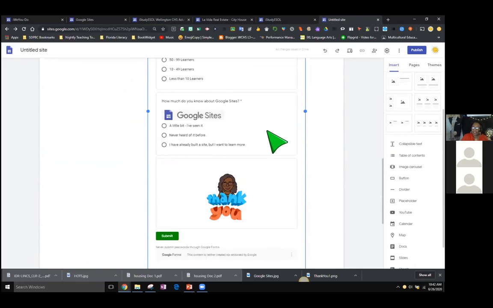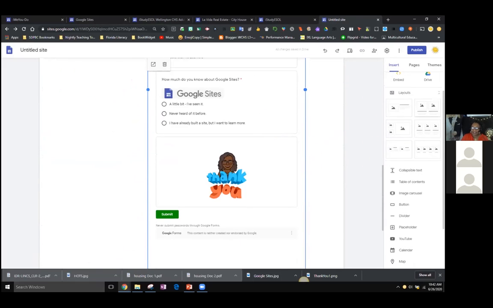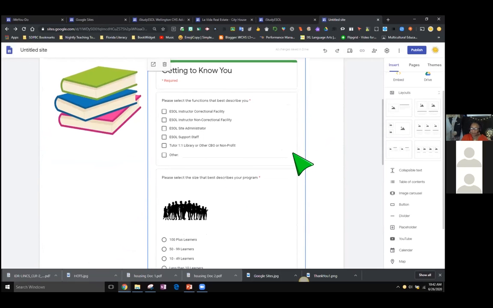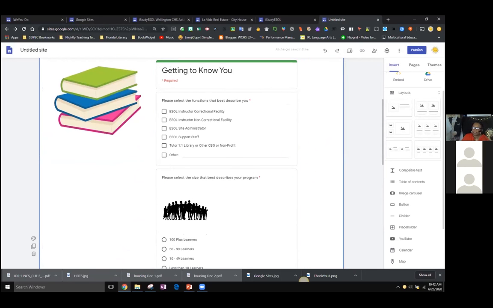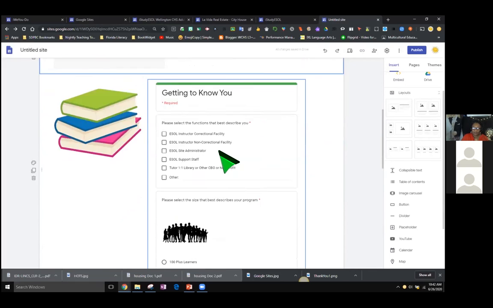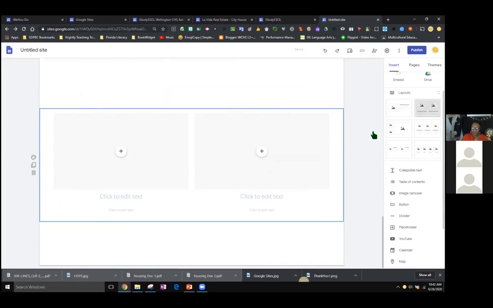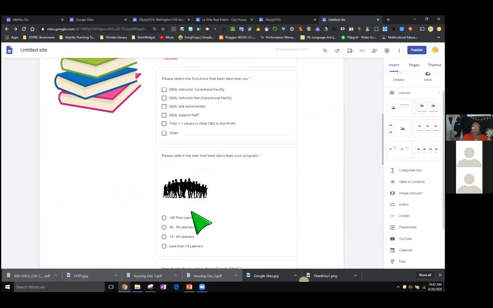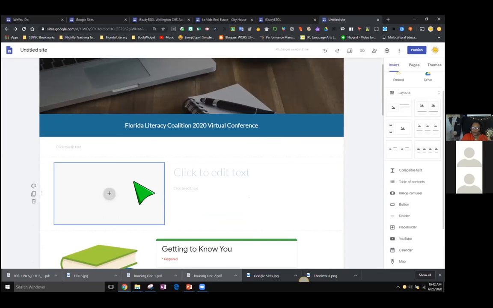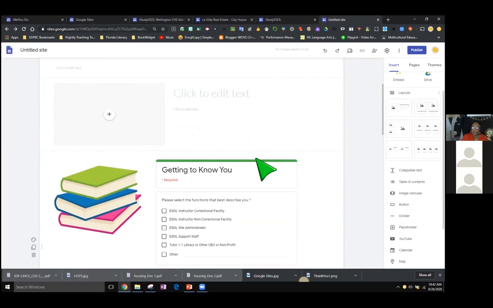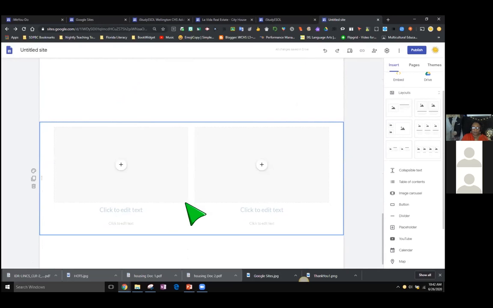Okay, let's talk a little bit about the layout. I'm going to delete this right now. You can actually drag a layout or click on the layout and it appears at the bottom. So you could drag it to where you want it to appear, but if you click on it, it's going to typically appear at the bottom.